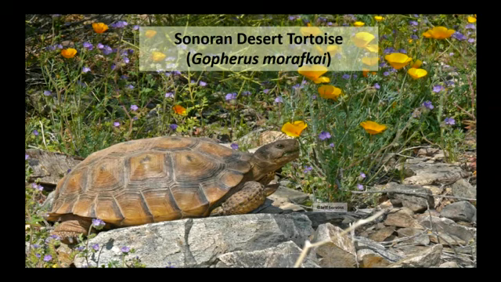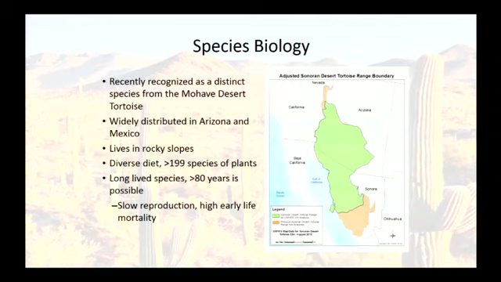which is a candidate species, or it was a candidate species, out in the western U.S. in the desert southwest, primarily in region 2. So here's a picture of its range. It's here in western central Arizona, all the way down into Mexico in the Sinaloa province. The species was recently recognized as a distinct species from the Mojave Desert tortoise. And the Mojave Desert tortoise itself is already listed. So genetic work, I believe it was in 2007, showed that the Sonoran desert tortoise is actually a different species, and so therefore that portion of the range was no longer listed.